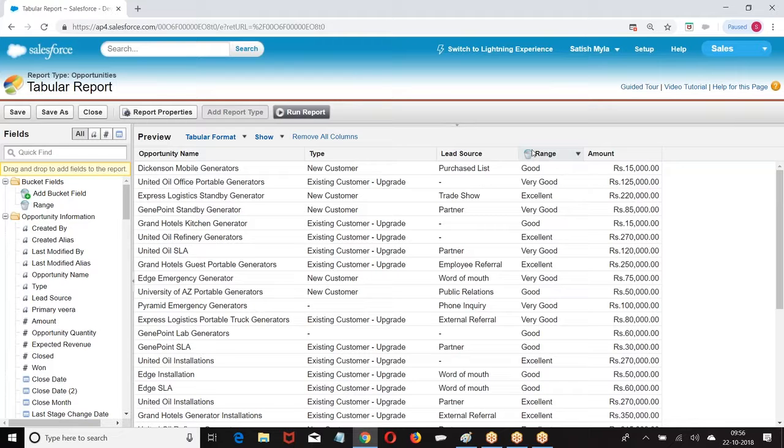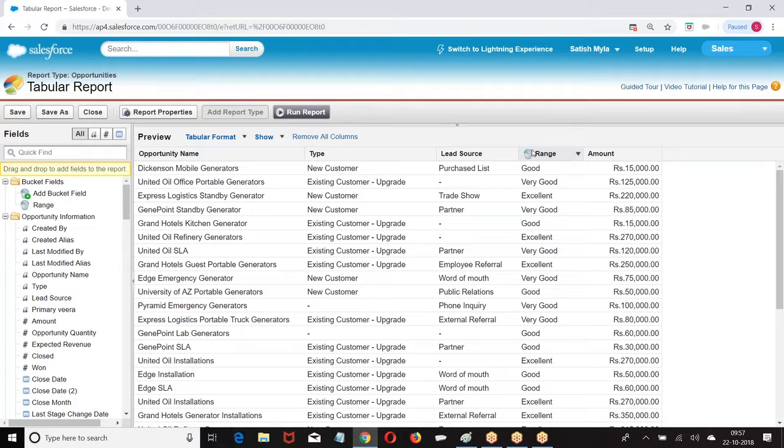Let us say you got marks. Above 40 pass, above 70 first class, above 80 distinction. Now this is the data which you are printing, and based on the data which is available, you are trying to add an extra column in the report based on the data which is already existing. Are you getting my point here? This is called bucketing the field. Adding an extra field to the column based on the data available in the report. I hope you are good with this.